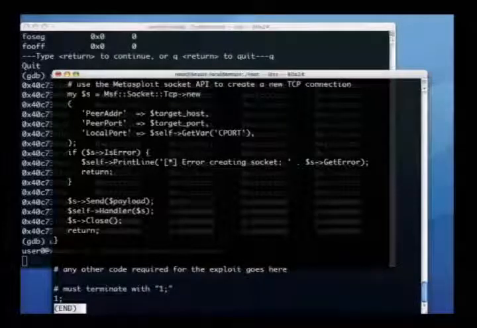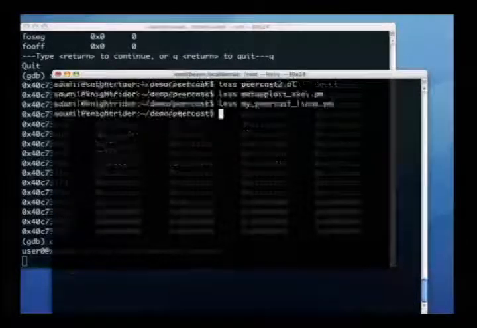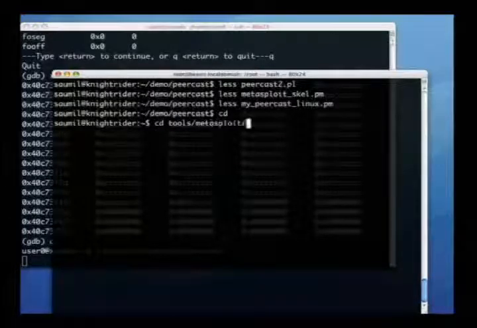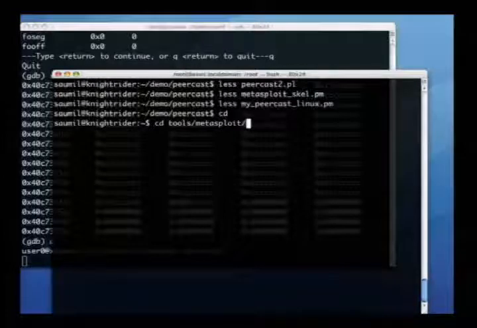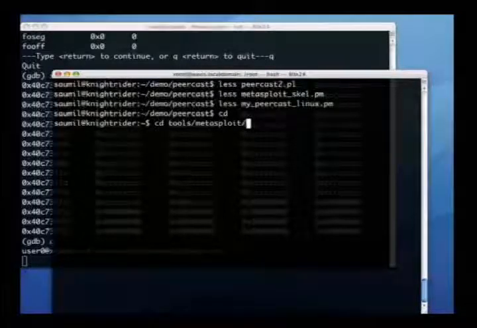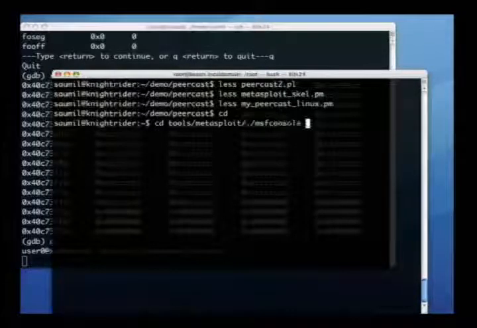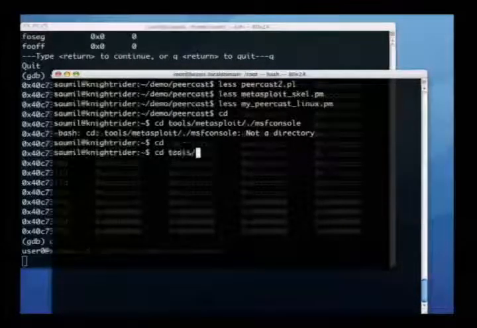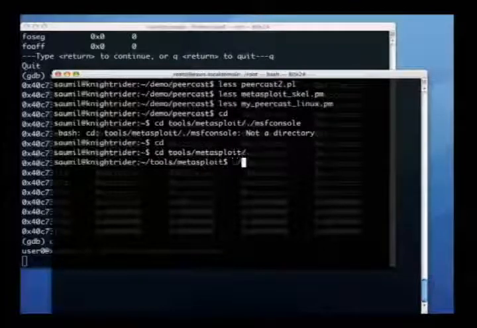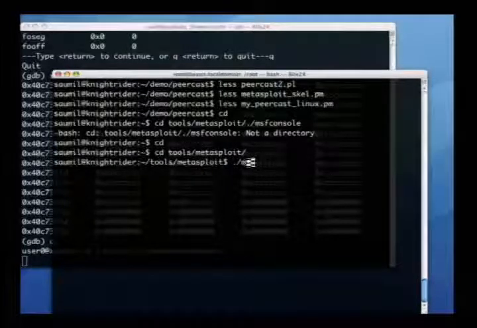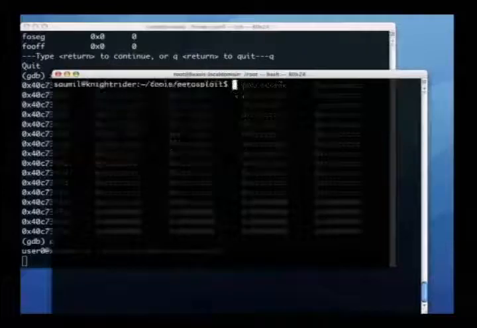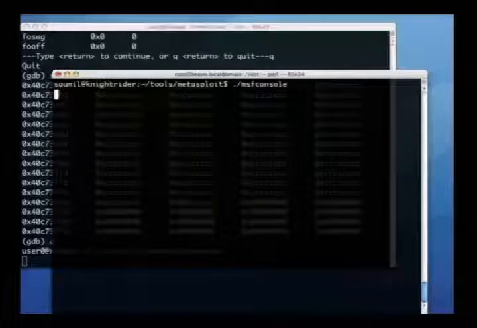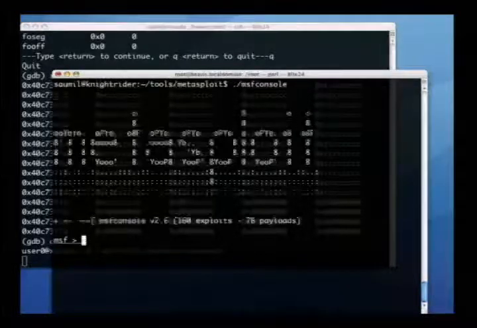Okay, Peercast is running. We have a very slick web interface for Metasploit. I'm not going to use that. I'll use the classic command line thing. Say oops. msfconsole, Metasploit console starting up.